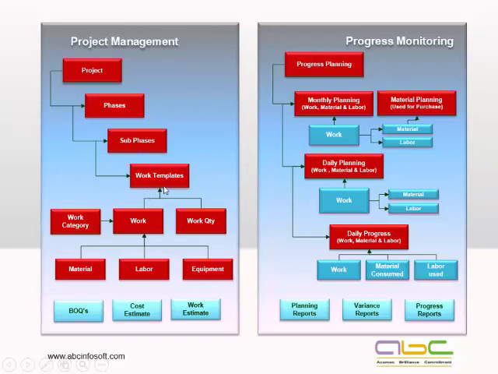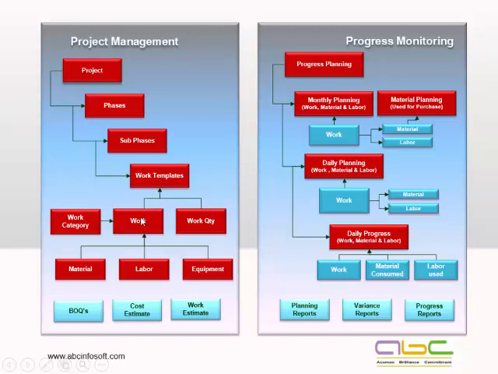Now, how are we getting to the work template? Before the work template, we'll be defining all those works. Works would be defined with the BOQ of the work, like the standard coefficient of the work. As I told you about the brickwork, what is the material required for the brickwork, the labor required, and equipment required for any particular work in a standard unit. Let's say for 1 cubic meter of the particular unit. So here we have defined the BOQ of a particular coefficient of the work, and then we define the different types of works, the works with the work quantities.